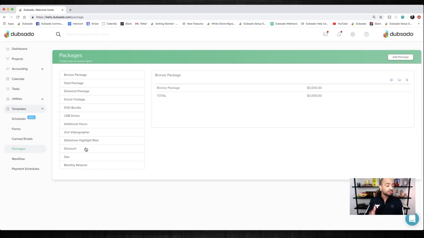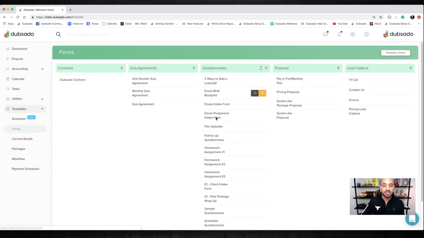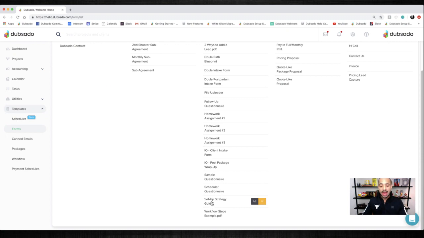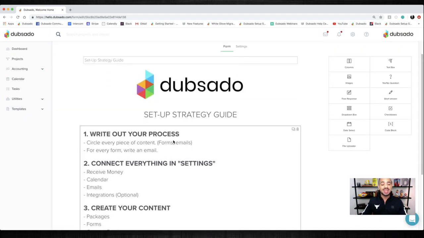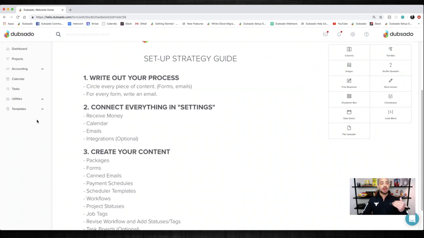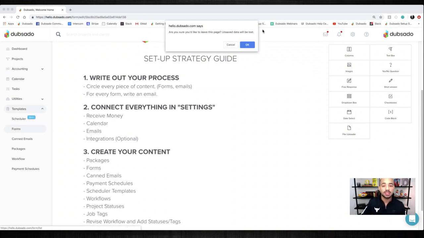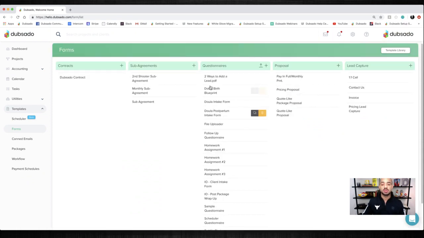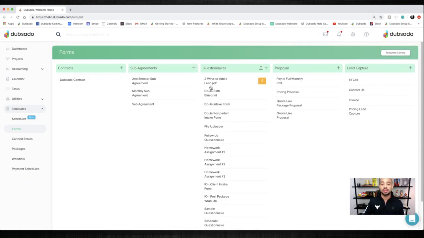Second thing, so we'll jump back over to the forms here. So that's packages. The next thing that I have is forms. The forms area is usually one of the biggest portions of the templates area that you'll work through, because forms is really anything that you're sending to the client that has to do with attachments. I'll run through these really quickly here,